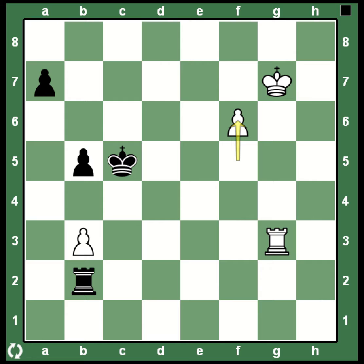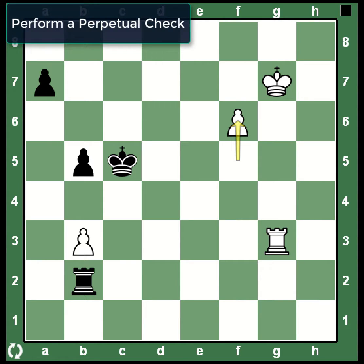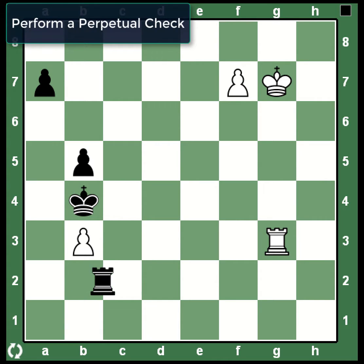Okay, so this is an example of a perpetual check or a draw. After f6 of the white pawn, the black king moves to b4, attempting to capture the pawn on b3. Now white has the advantage of promoting its f7 pawn, and black immediately abandons the b2 square to stop the